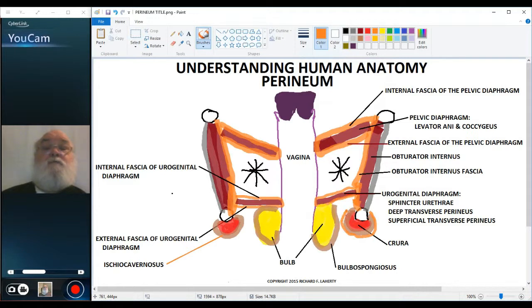So I'm drawing it in around one ischiocavernosus, one bulbospongiosus, the other bulbospongiosus muscle, and the other ischiocavernosus muscle. And this is the investing fascia,